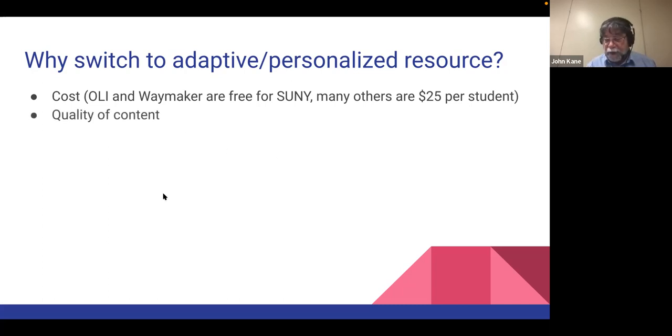I can vouch particularly for the Waymaker package, which I've been using for about 4 years now. It's reviewed every semester. They look at what areas students are doing poorly. They collect data from any student who's willing to share the results to help improve the system. And they find the areas where students have spent a lot of time, but have not been as successful in the assessment. And they go back and they review. First, they make sure the assessments are really measuring what they'd like it to measure, and then they check to see what other material they could provide to help students reach the level of attainment that the designers of the package hope students would achieve.